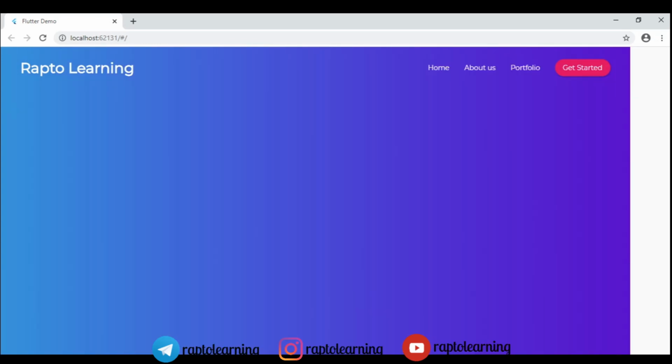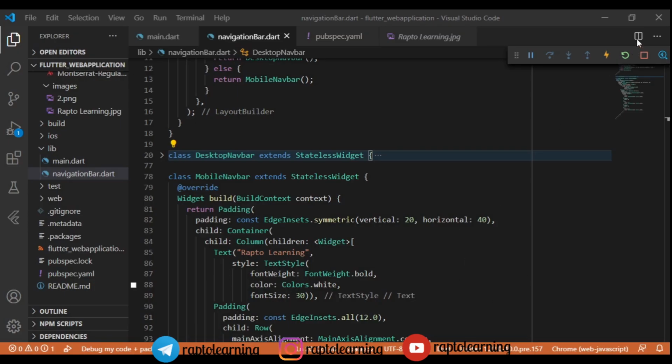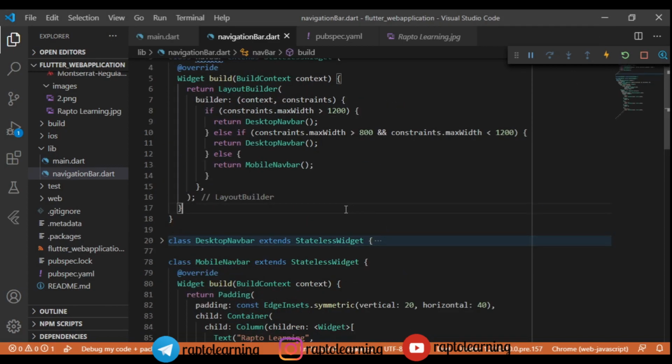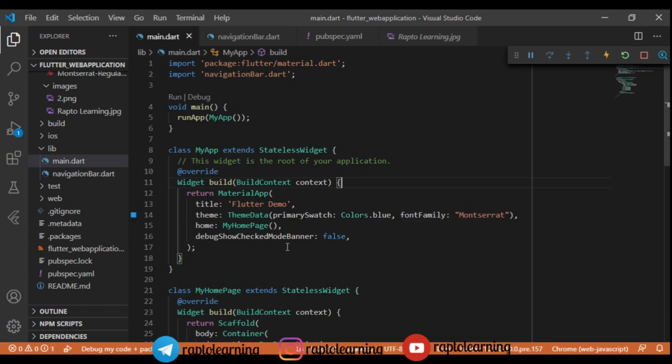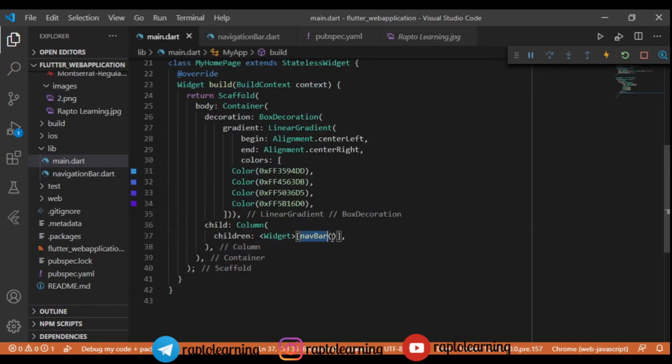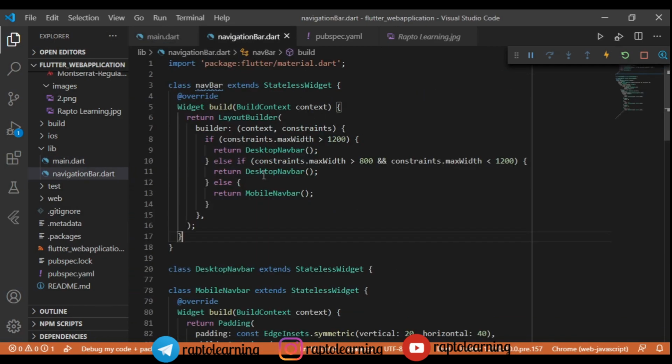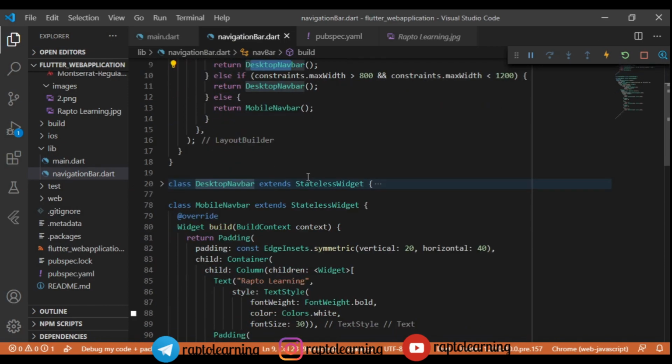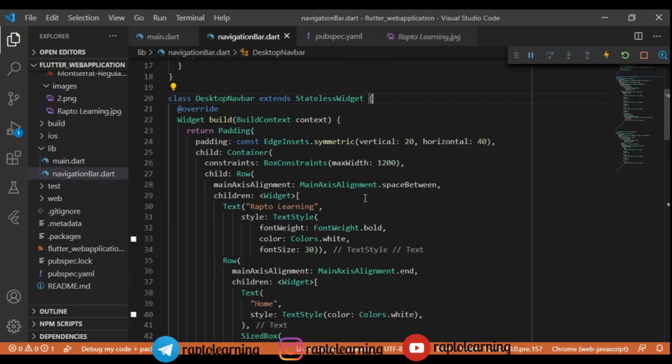As we have implemented the mobile nav bar also, as you can see, that was the first problem we faced. We will solve this. This is a pretty simple solution, right? As we were facing this, we just need to get back to the main.dart file, and in this file we have to give this navigation bar. That means the navigation bar is present here.